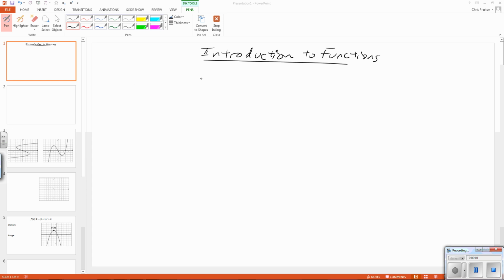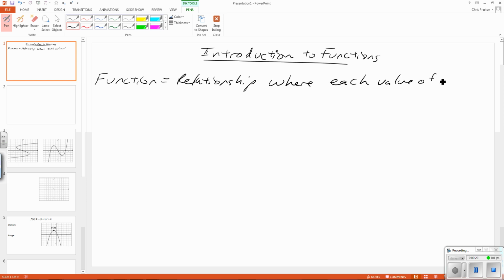All right, in this video, we're going to look at functions. So a quick introduction to what functions represent. A function is a relationship where each value of the domain, sometimes referred to as the independent variable, for us, we'll pretty much just stick with calling that the x values. Each value of the domain, so every x value,